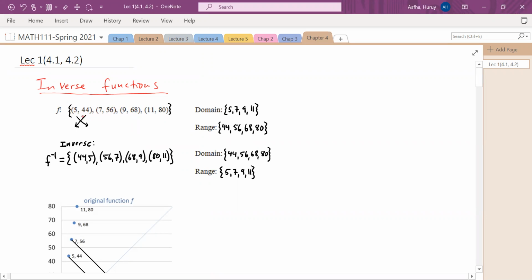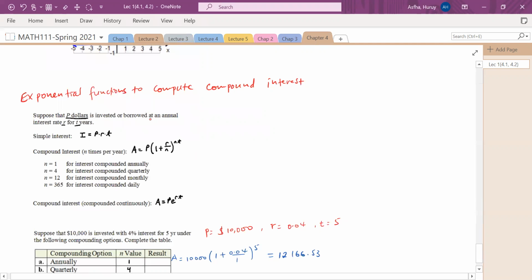Y element. And the domain of this function is the X values, which are 5, 7, 9, and 11. And the range for this function is the Y values. So we have,